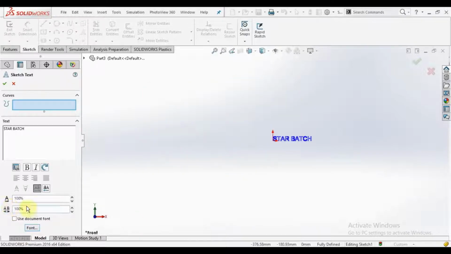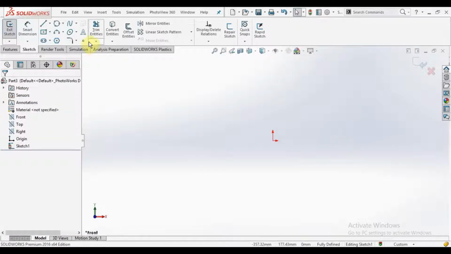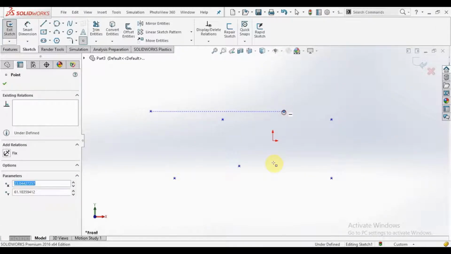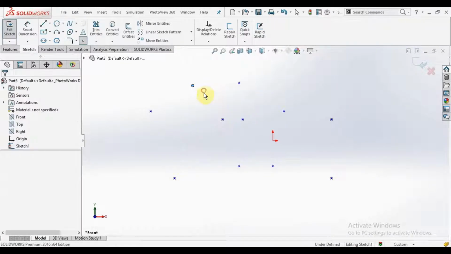Yes, and these two are used for stretching, you can see it stretch, and this is the gap in between two words. Okay, and this is our point. So wherever you need some points, simply select and click it, and it will create a point like this. Okay, so I hope you find the solution and you understand what I have taught in this class.